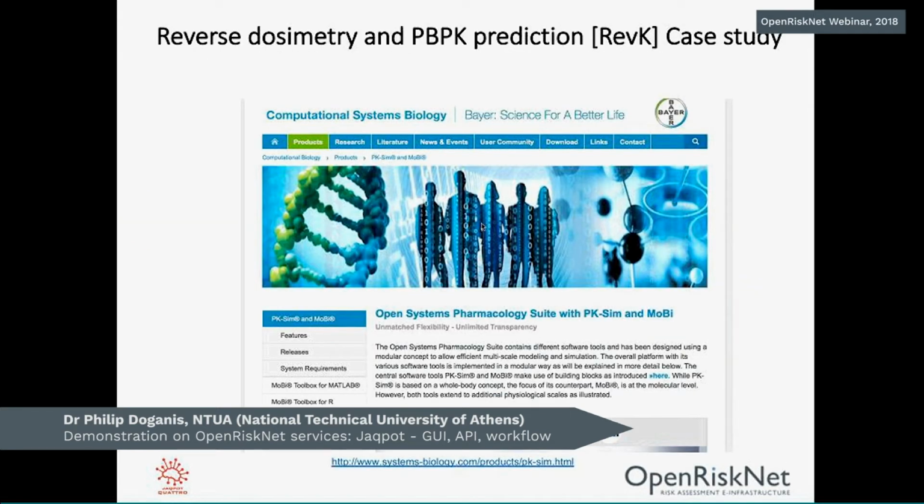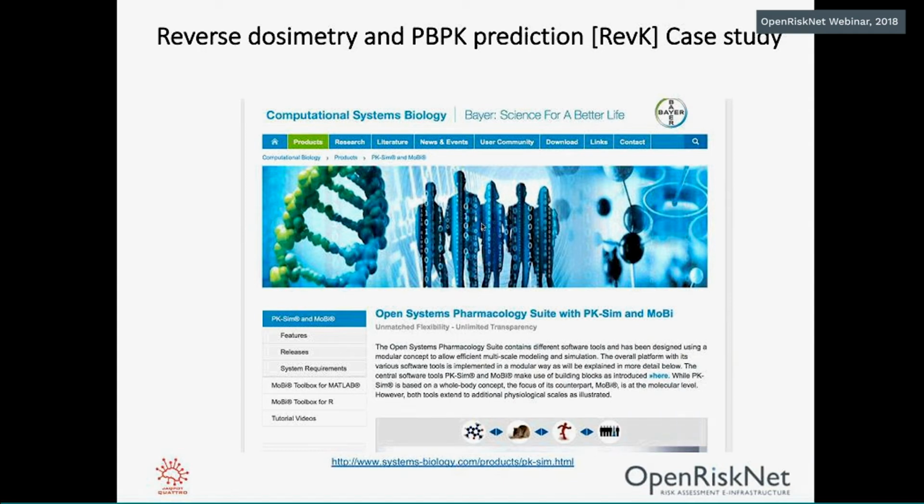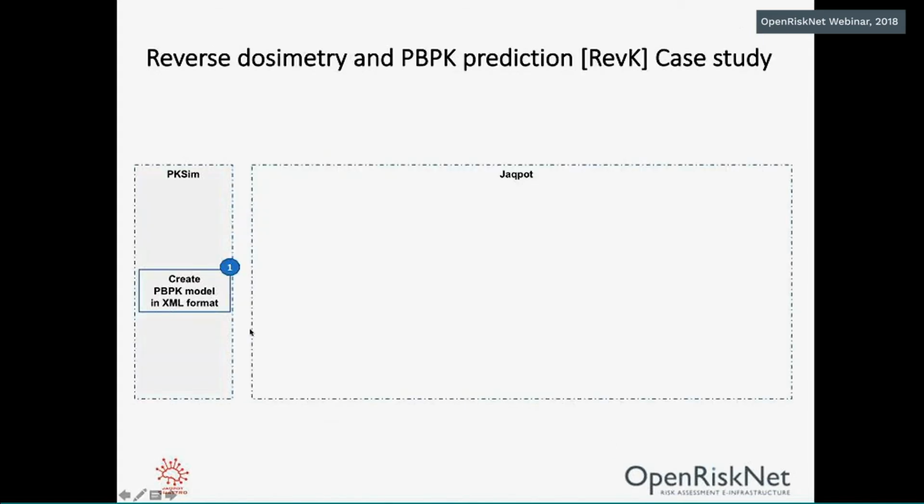So for the second case study, we have the reverse dosimetry and PBPK prediction case study. It is based on the implementation of PKSIM on Jaqpot. PKSIM is part of the Open Systems Pharmacology suite, developed by Bayer Pharmaceuticals. It allows you to go from substance to rat to individual to population. And what we will do here is start from a PBPK model already created in the desktop version of